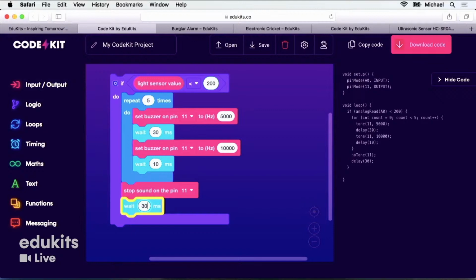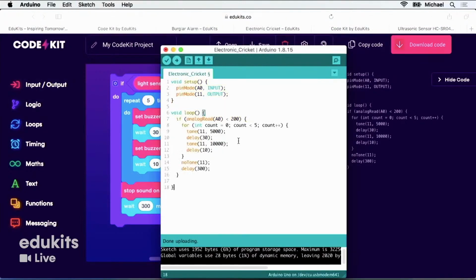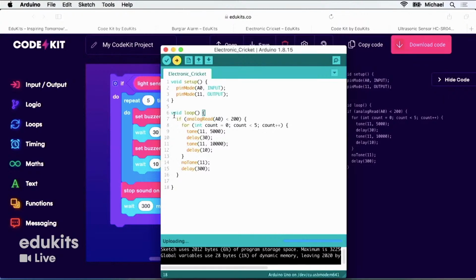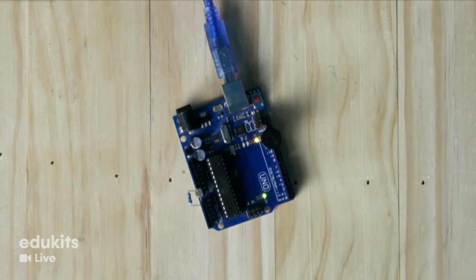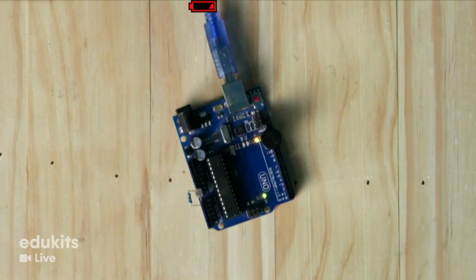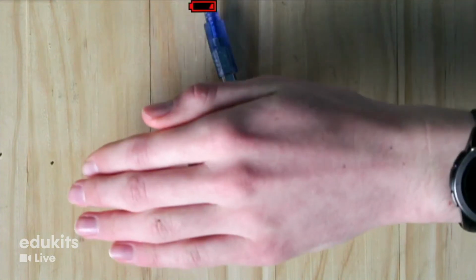We'll then change this to 300 milliseconds, copy, and we'll upload that to the board. I'll plug this in, let's hit upload, and we're compiling, uploading, bam, there we go. So let's see what happens. I cover the sensor, and it's making a cricket sound. Move my hand away.